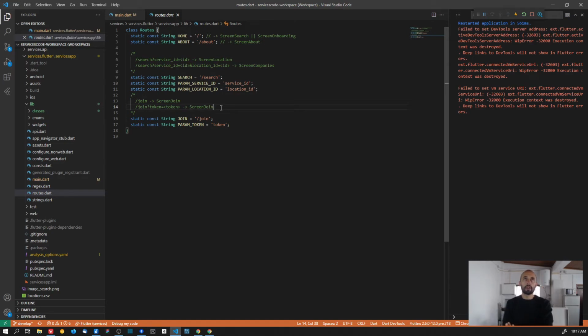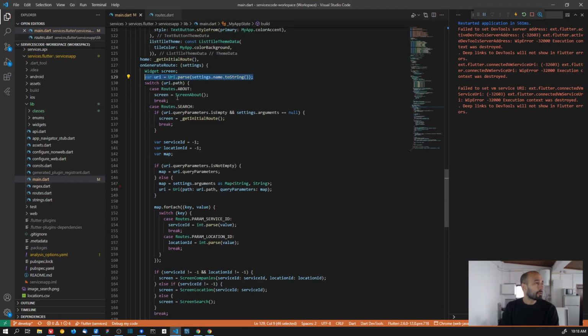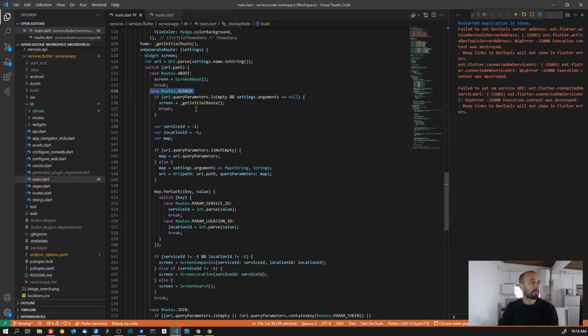So this way you don't have a proper account, you don't have a password that you need to remember or anything. You just have your email, and you have this link that will give you access to edit your profile. So I can have the /join or the /join with a token. And here I'm using the routes. When the path is equal to routes about, which is /about, then I'm going to open the screen about. Then when it's equal to the search, I have all this code to see, okay,